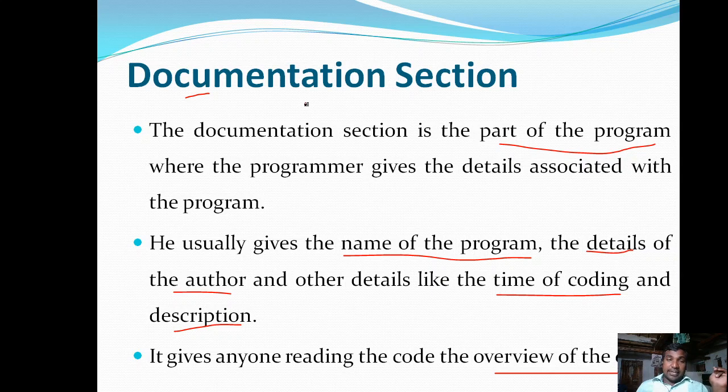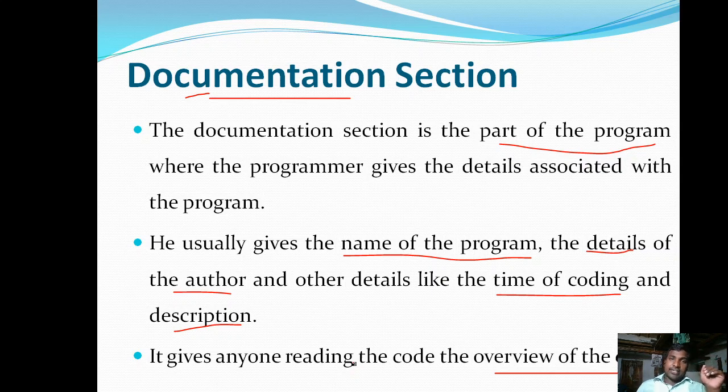If anyone who is not the writer of that program wants to know what this particular program is, that person can easily understand what is happening in the code by seeing the documentation section only. Why?